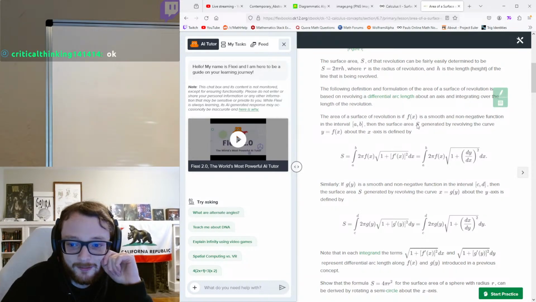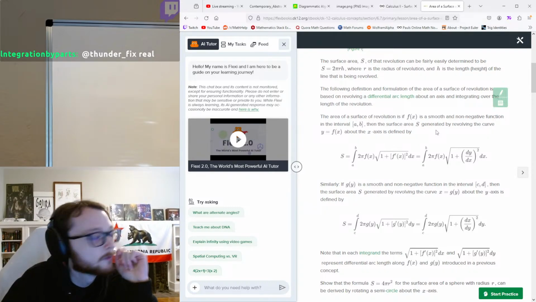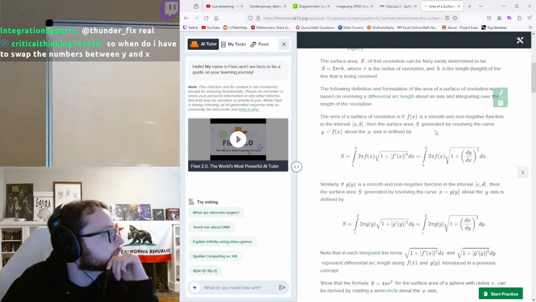Okay, this gives me some confidence. The surface area S generated by revolving the curve y equals f of x about the x-axis is defined by this formula here, or this one. They're both the same thing. So if you're rotating about the x-axis for surface area, you keep your integral in terms of x. So I think I'm right. I'm not a big fan, the answer looks a little ugly, but